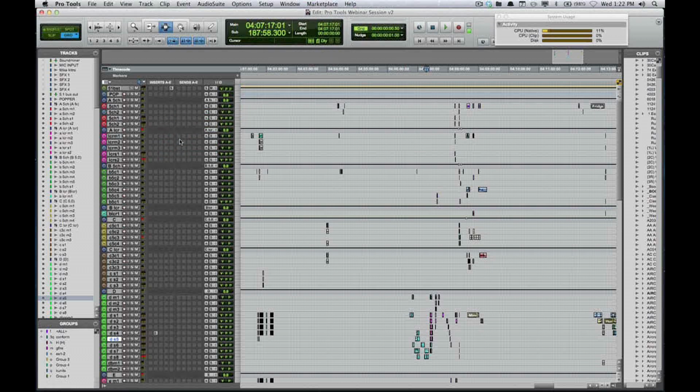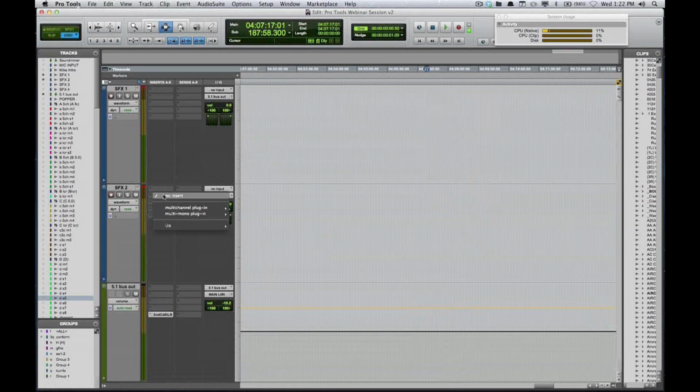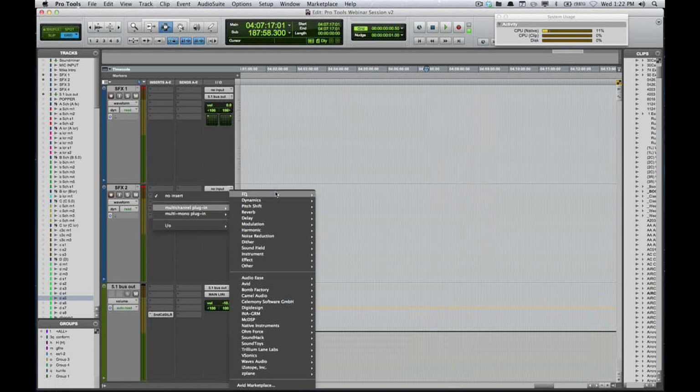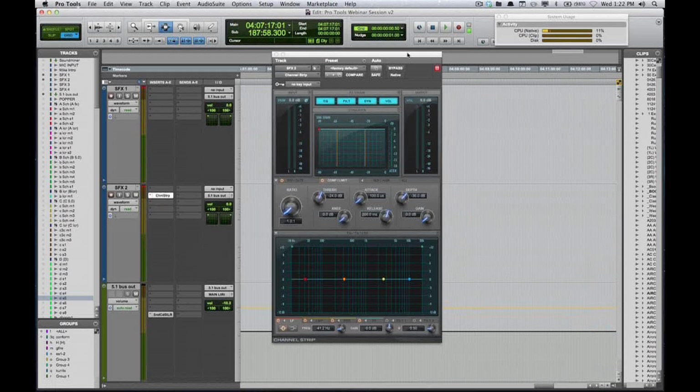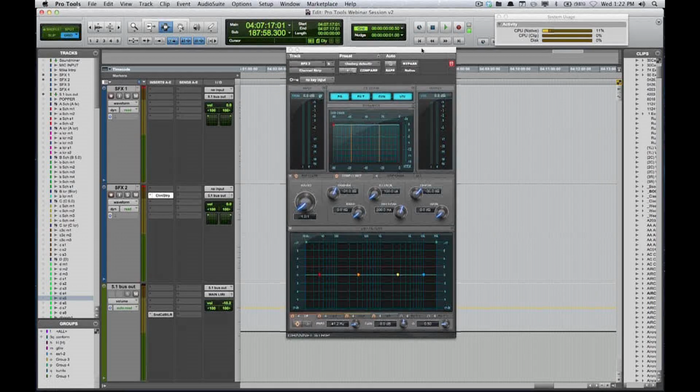Moving on, let's try something like this guy right here. Let's move on to the Euphonix channel strip. This thing really does sound good. This is where we're going to talk about the good, the bad, the ugly kind of situation. The good: this is a great plugin. It really does sound good. The problem is the bad.